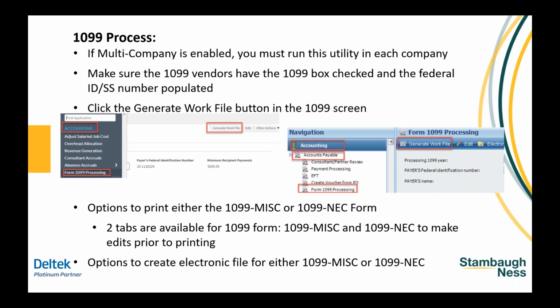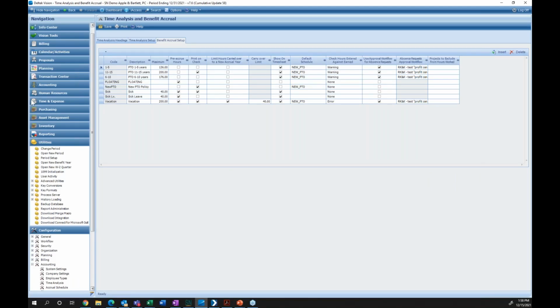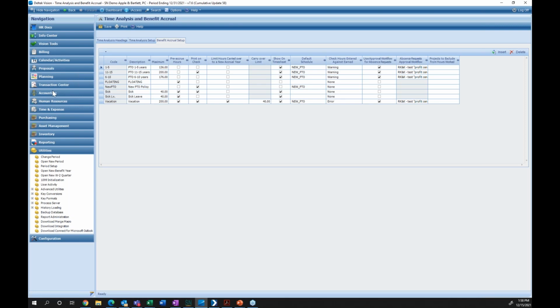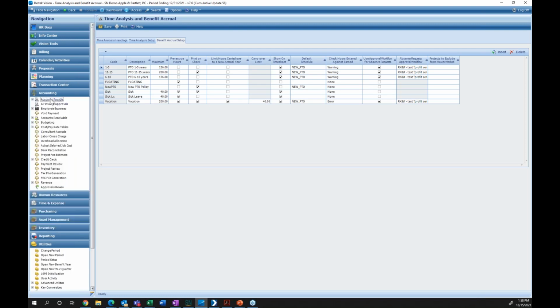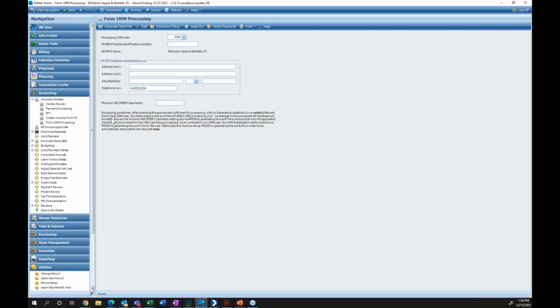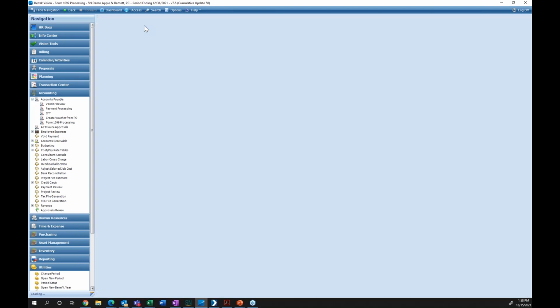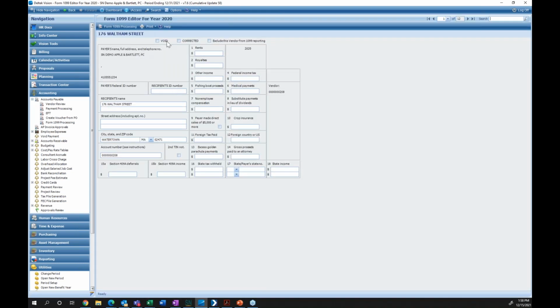and I could just go into, I apologize, I'm much quicker in Vision still. I'm not quite at the 50-50 level yet. If we go to the 1099 form, I know there will be two tabs where you would designate it for NEC or miscellaneous.